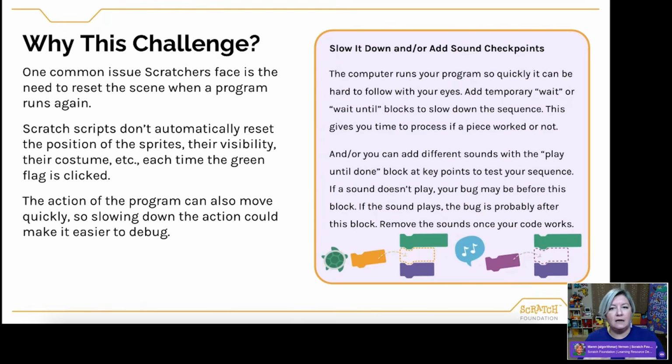We have to think like a computer, right? This is a great opportunity to think like a computer. The program only knows what to do if you give it specific instructions. So if it hasn't been told to reset the character, it won't. It's that sort of peanut butter and jelly coding example that I'm sure many of you are familiar with, where you're trying to help somebody code a peanut butter sandwich.